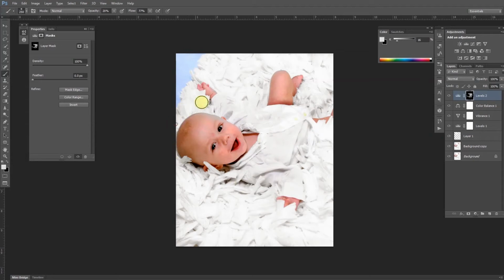Around his head, just making a full circle around him, all the way around, to make him physically look like he's sitting inside this blanket. Now in these areas around his head, I did go a little bit over. If you do happen to make a mistake, simply hit your X to switch to your black and paint to conceal that mask back up, like so. Same on his little legs,